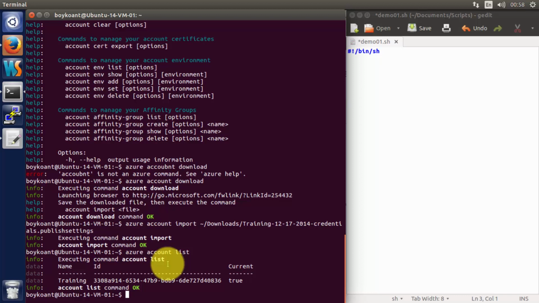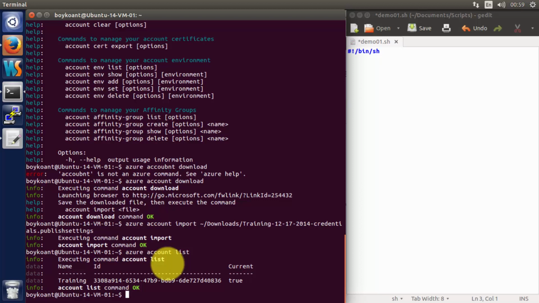Second, I will create a virtual network, and inside this virtual network, I will create my first virtual machine. Also, I will create some services during this installation, but basically the main idea is to create a storage account, a virtual network,